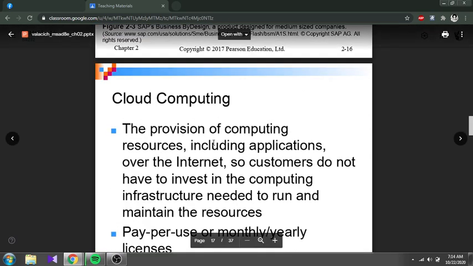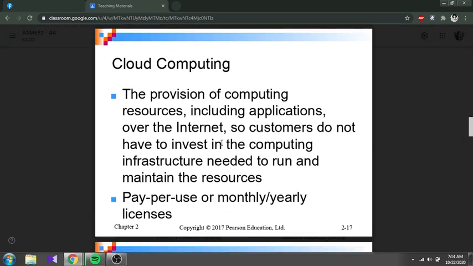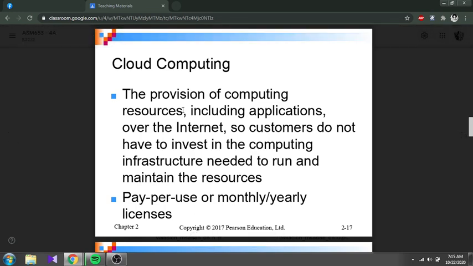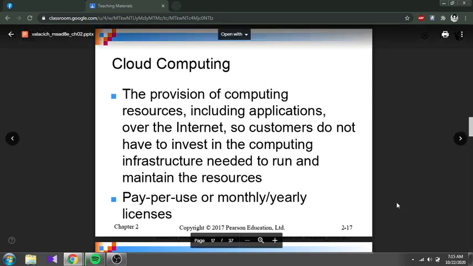And the last one is about cloud computing. Oh no, second last one. Provision of computing resources including applications over the internet, so customers do not have to invest in the computing infrastructure needed to run and maintain the resources. With cloud computing, mostly you can access their system or application through the web and pay per use, monthly, yearly or by license. Okay, yearly license.